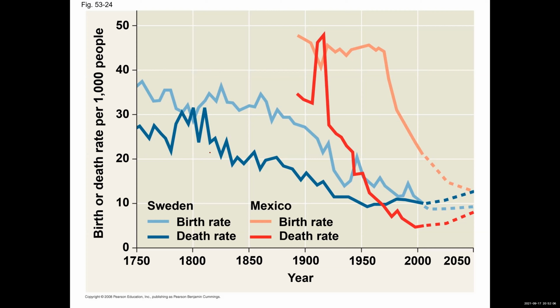Right. So remember that I was telling you that around this period of time, the 1960s, 1970s, scientists were looking at this overshoot, this risk that we seem to be going towards, this overshoot and collapse. So what we see with Sweden is that the birth rate is higher than the death rate, right? We see that with Mexico, right? So the lighter colored line is showing the birth rates. If we have births higher than deaths, the population will be growing, right? So the higher the births are from deaths, the faster the population growth rate. All right, so we see that